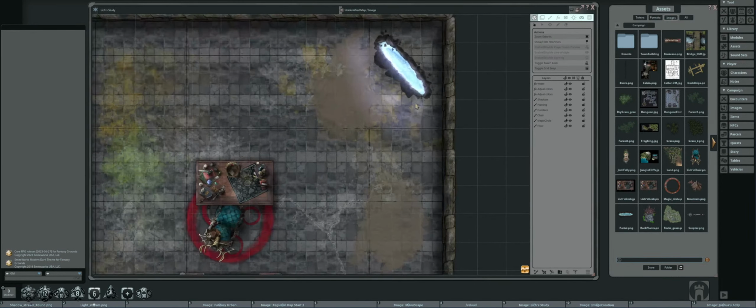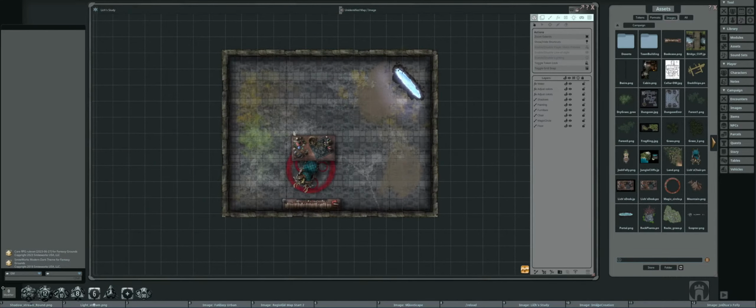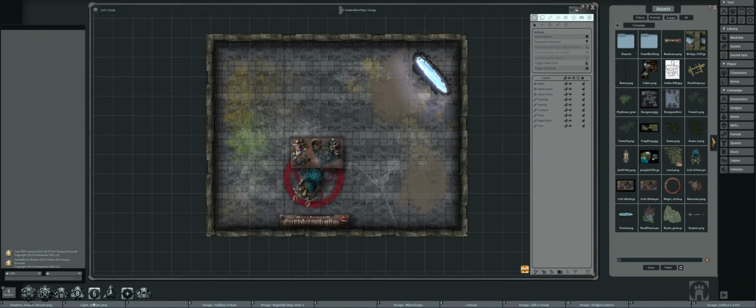And one of the things that we might want to look into is that oftentimes we create